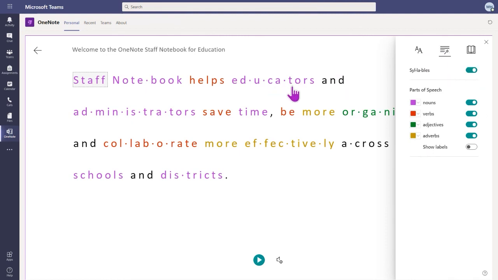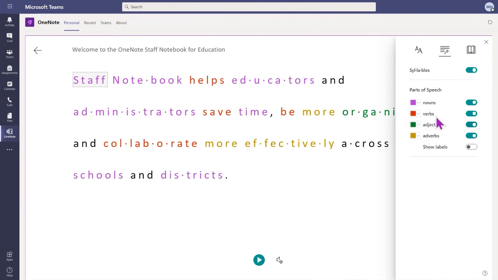So again, if they're working on learning a different language or need some assistance with reading or things like that, this will help them visually break up those syllables. So if they want to practice reading and then they go ahead and click on play to hear it read to them, to hear how it's supposed to be, sometimes seeing that syllable breakdown can be useful.